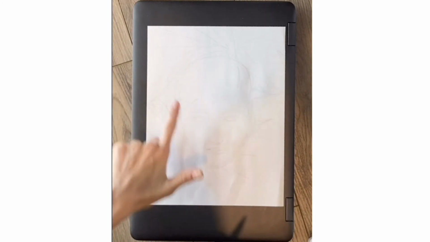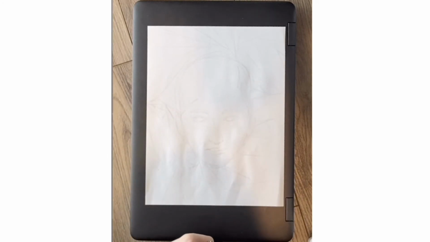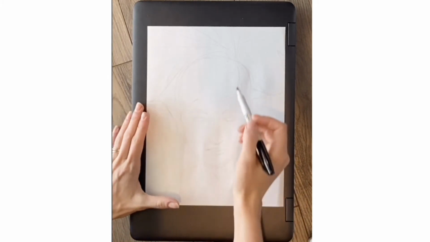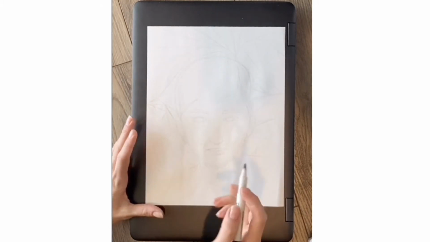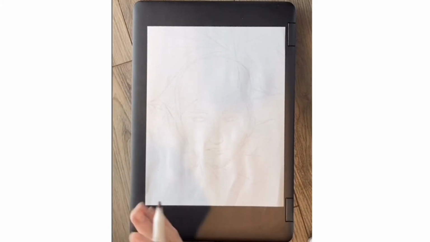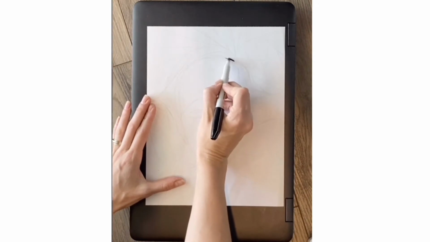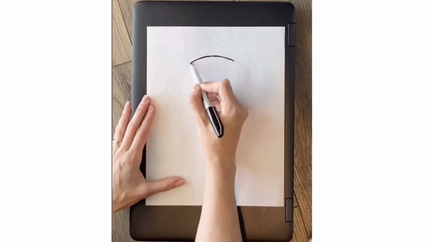So I drew a face using the sketchbook assignment regarding realistic faces. It explains how to do it. You follow along with it, and it's all in pencil, as you can see. And what I'm going to do is just start going with Sharpie. Now, what I mean by going with Sharpie is I'm going to draw